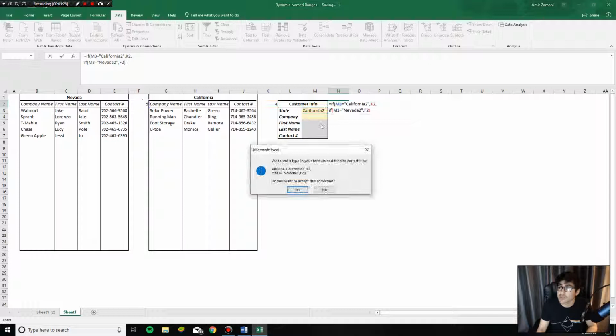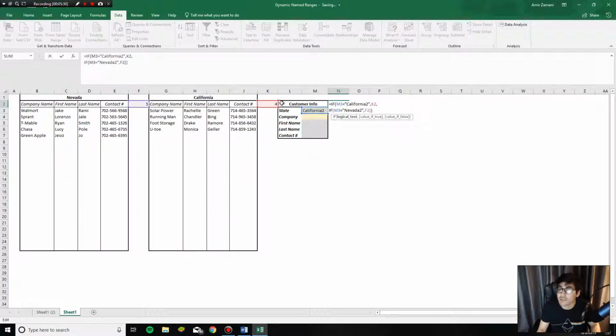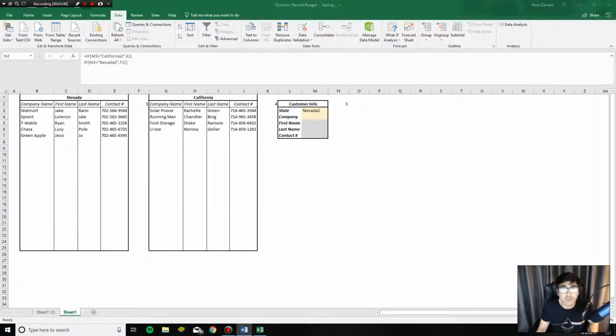Let's go ahead and close that up. And so as you can see, it knows to select the 4 because there's a California 2. So if we click Nevada 2, it's going to switch to that 5, okay? So the next thing we need to do is, here, let me get the formula first. The next thing we need to do is click on this area where you want to do